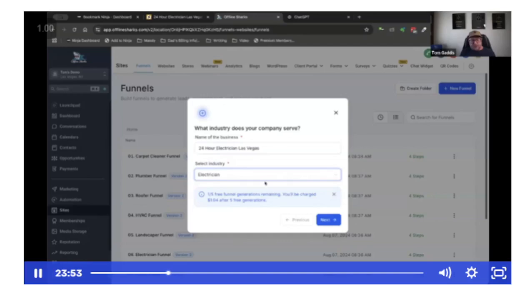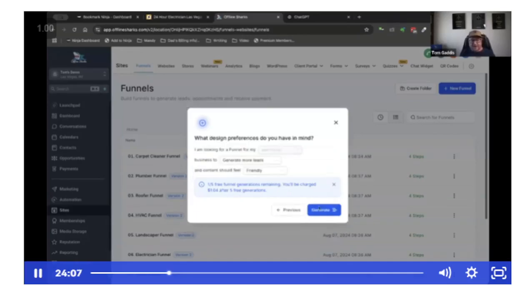Now you see you get free generations every day. So again, you don't have to spend anything extra. You can just do up to 5 of these a day. After that, they charge you $1.04. But when you see what this does, you would gladly spend $1.04 with this, because next off, we just answer a couple questions. I'm looking for a funnel for my electrician business too, and we have a couple of options here.